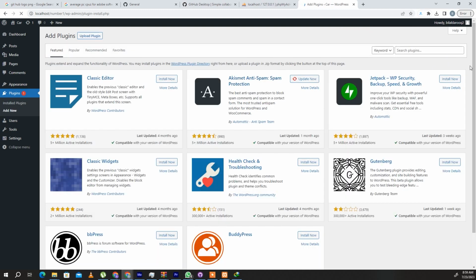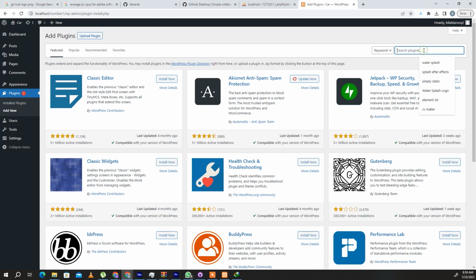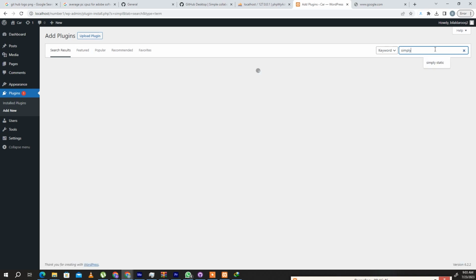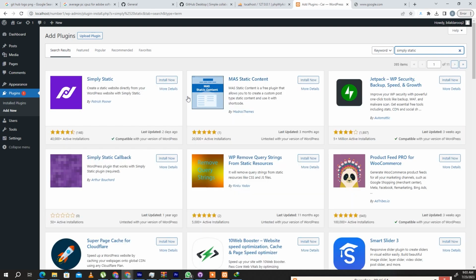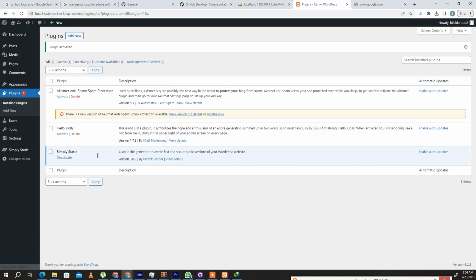and in add plugin you need to simply type static, and it is still loading. After that, you need to install that Simply Static, and once it is installed, you need to activate it and put some necessary information in it. Just activate. And after that, you see that Simply Static up here, go to its settings,